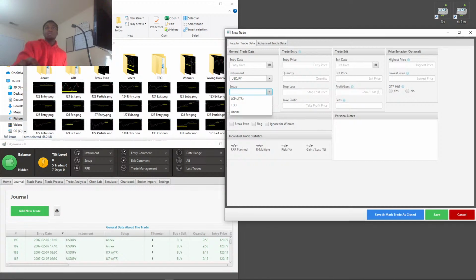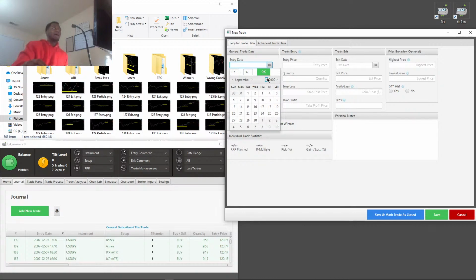Now I did have the idea last time I was doing this to actually make a sheet where I can just copy everything in that Excel sheet and then convert it over, so it's automatic and has graphs and the data that's in my Edgewonk journal, so it's in an Excel sheet and I always have access to it, and it's way easier to get the information for the backtesting. But like I said, the downside of that is I won't be able to individually review my screenshots. Well, I will, but it won't be as streamlined.